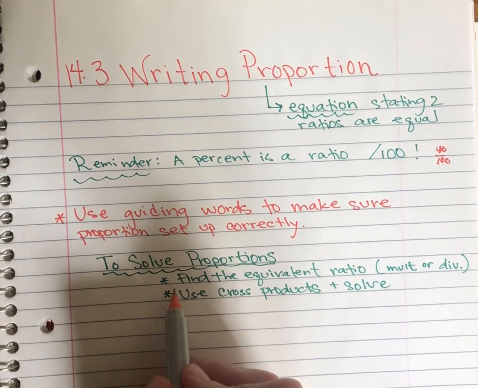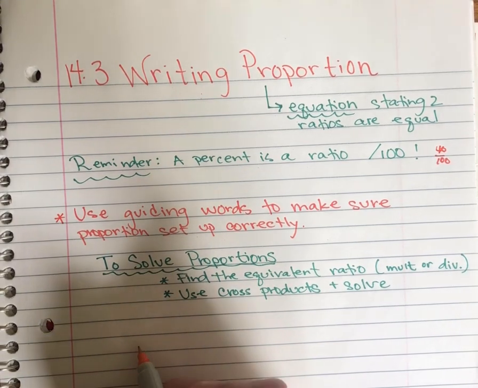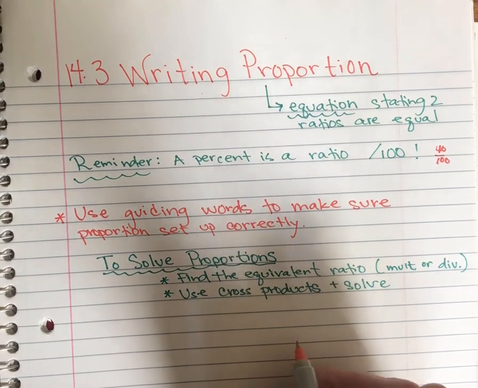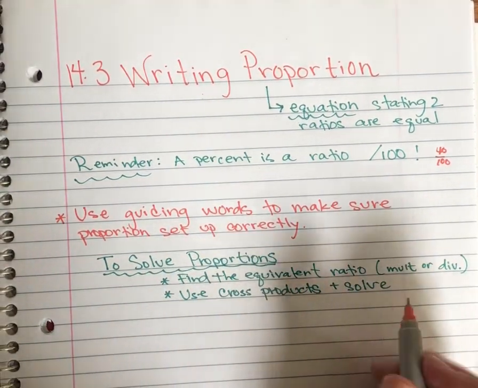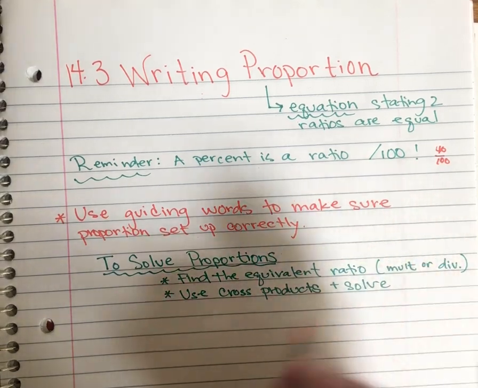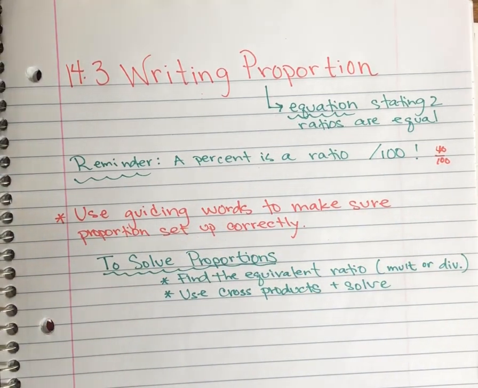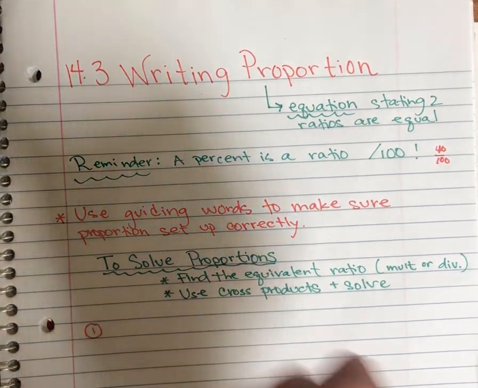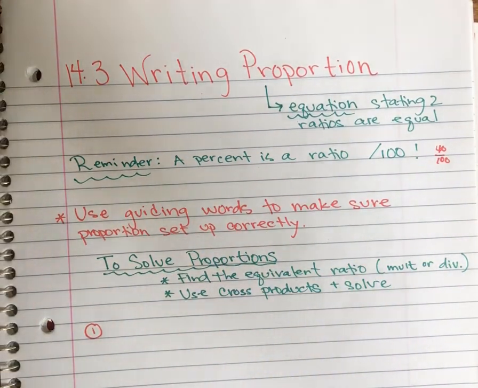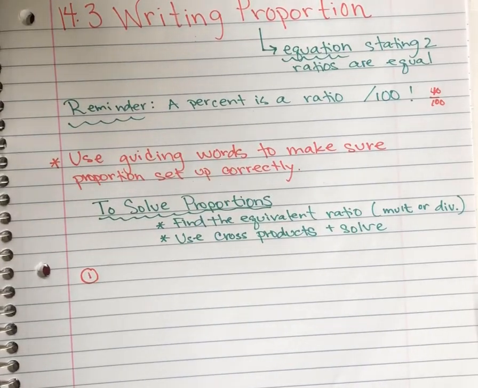And today you're going to learn two different ways to solve proportions. So you can simply use what you know about finding equivalent ratios or equivalent fractions and use multiplication or division. Or you can use cross products to solve, and I'll show you how to do that. Okay, these problems are kind of lengthy, so you'll have to listen. I'll just write down the key information to the problem instead of writing out the whole thing, at least for